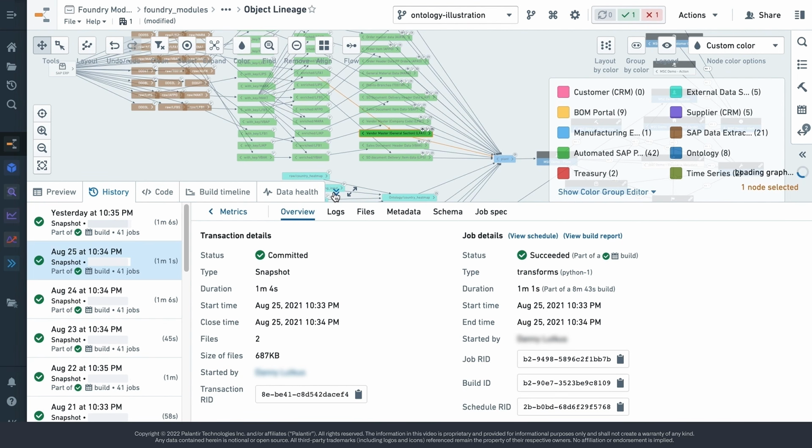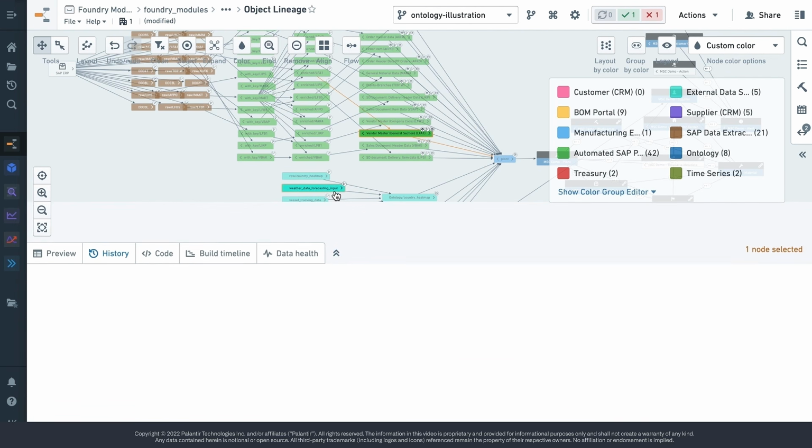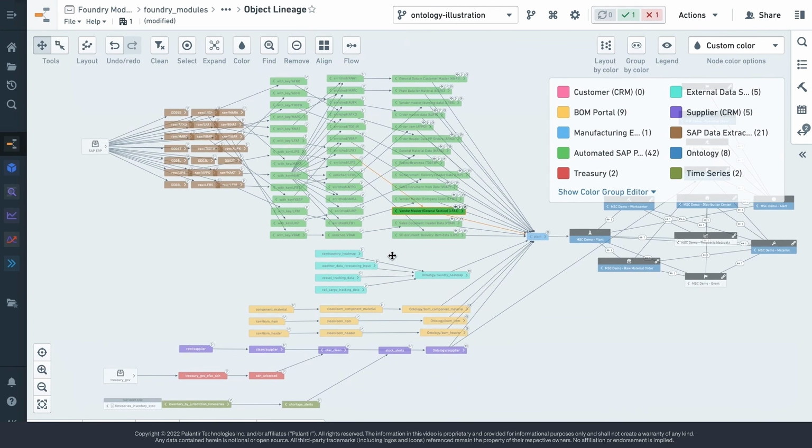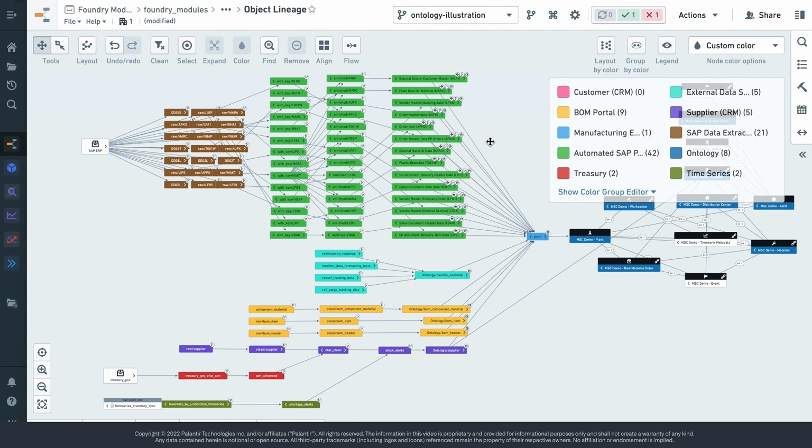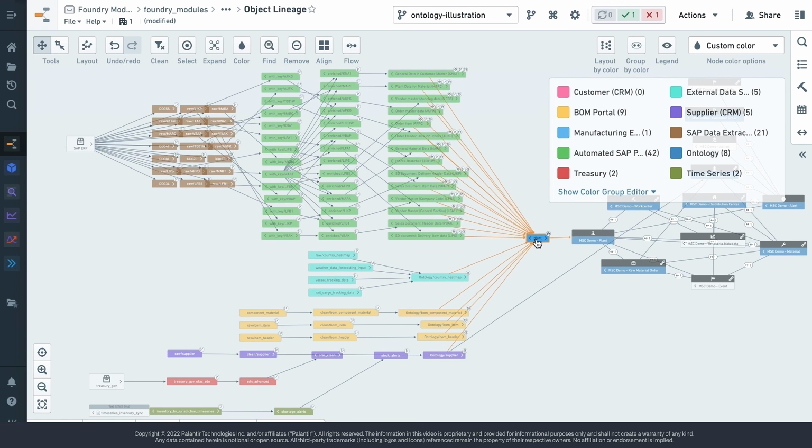So it's a powerful ability for me to not only look at data pipelines as they exist today, but also be able to look at historically how they might have changed over time. There's a few other things I want to make sure that we call out here in this part of the Foundry platform. So the build system for data, or the data ops part of things. The first is you see these lines connecting all these different nodes together. And this is an indication of lineage.